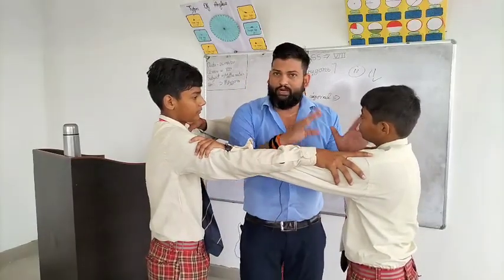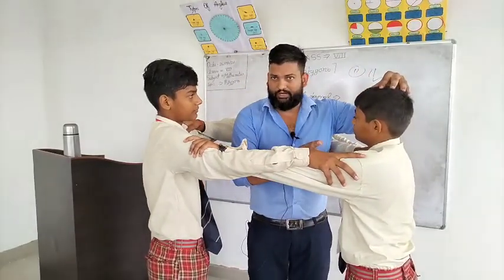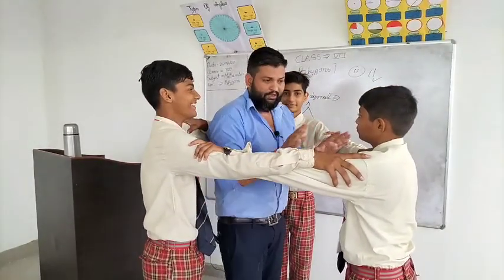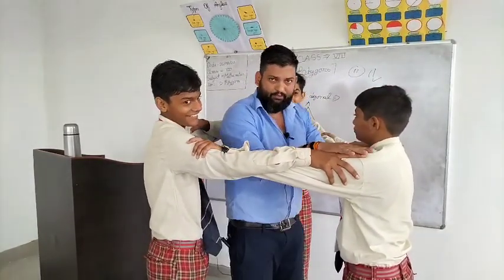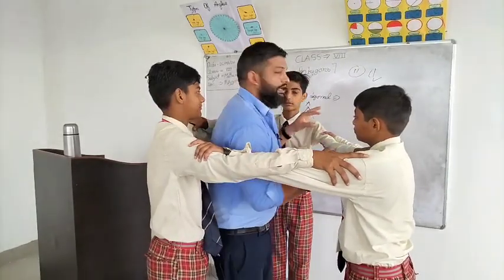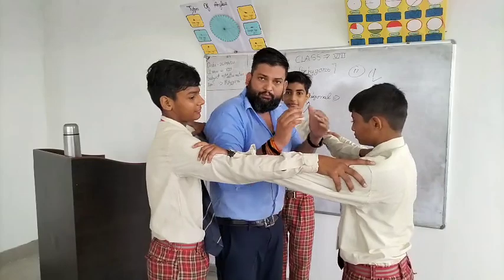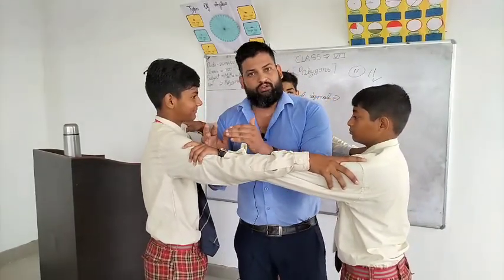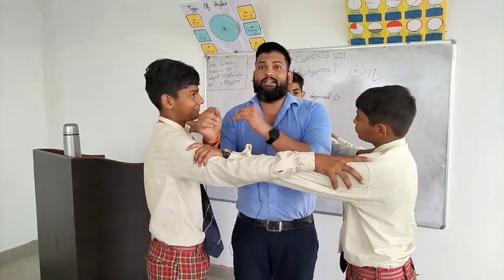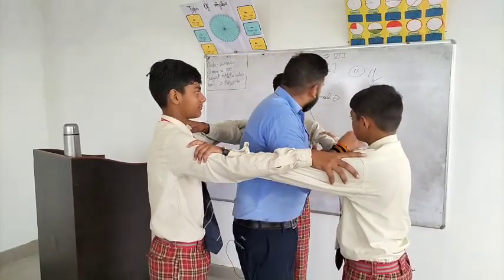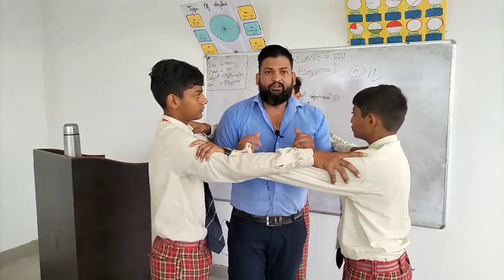But in a triangle, what do we find? Ayush, Ujjwal and Dhruv. If I am talking about Ayush, he is adjacent and he is adjacent. So the property is not followed. It means we can only find a diagonal when we join non-adjacent vertices. So there is no diagonal, and that's why we say that in a triangle there is no diagonal.